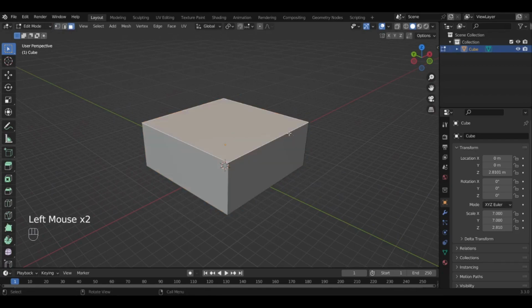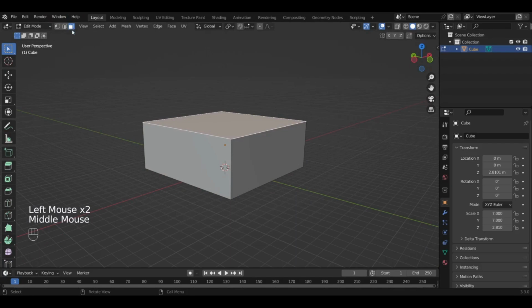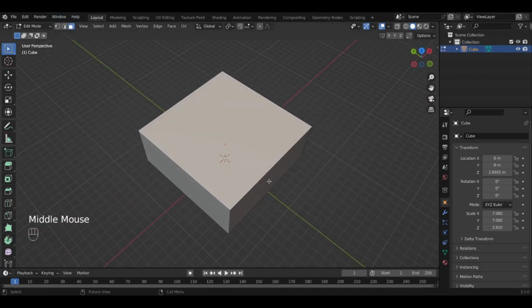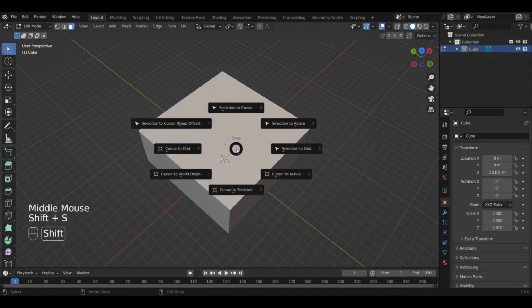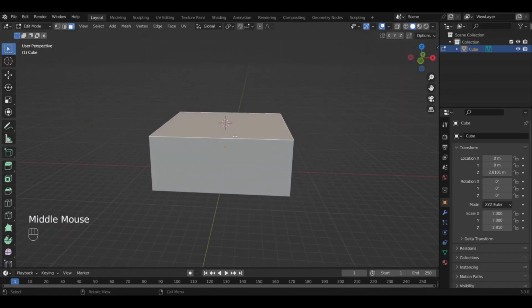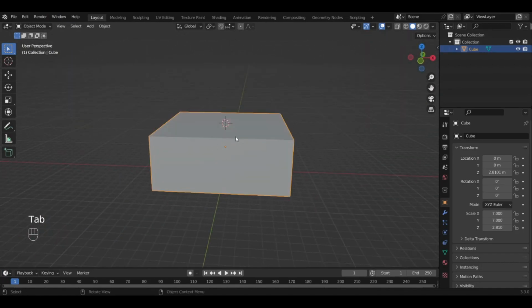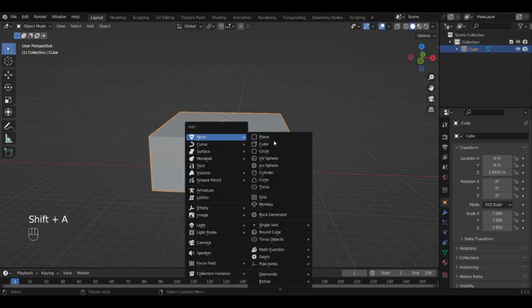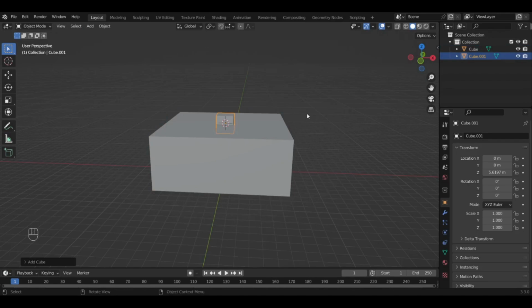Click on the top face. 3 puts you into this little top face. So once you're on 3, Shift S, cursor to selected. That just makes it easier to add a roof. So tab out, Shift A, plane, 7,